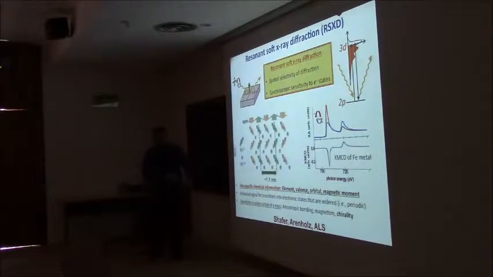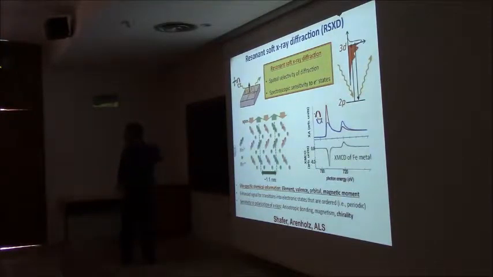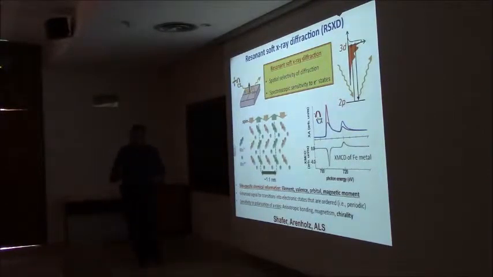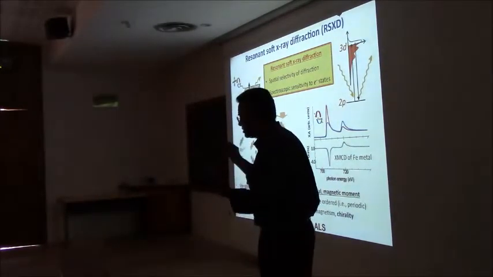If I have a bunch of lines on the surface, I can come in and do diffraction. That's the first thing I do, a soft X-ray diffraction. But then I can switch over to my chemical node. I can sit at the manganese site, for example, in this case. Sit at a particular absorption edge and do absorption spectroscopy. That's the second thing you can do. Then the third thing we can do is to look at what happens when I change the helicity of the X-rays. So those are the three things we're doing.